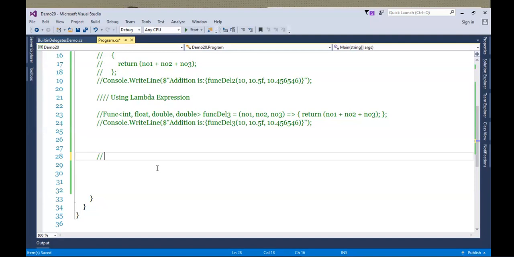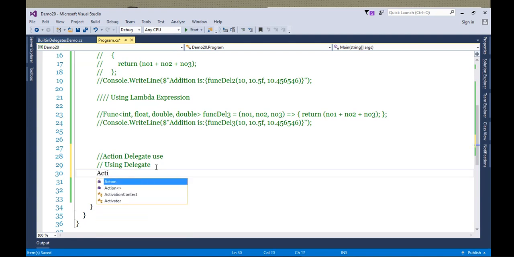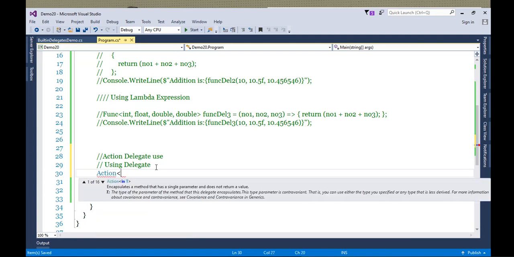Okay, so using delegate, action delegate. Okay, using delegate, what I need to do is first I need to take that delegate. So action, and now you can watch out. Again, there are 16 overloads, right?